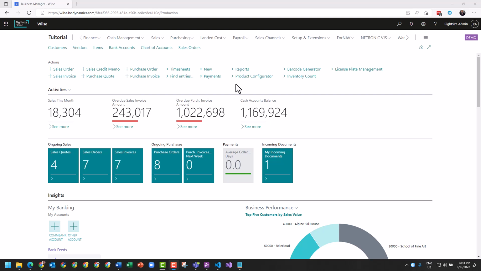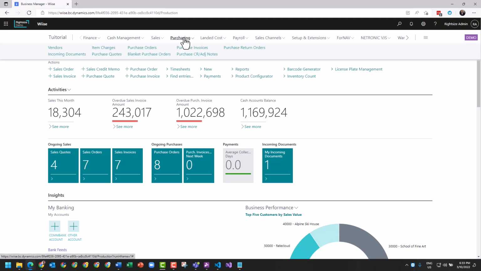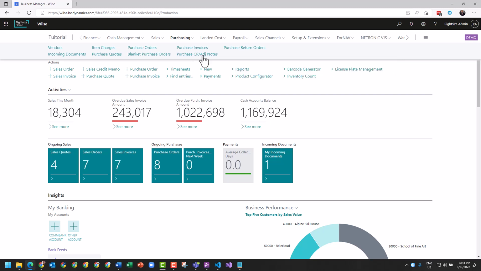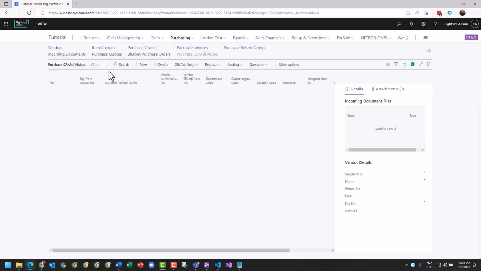With Business Central, being that it is a full-scale ERP, when you've posted an invoice, you can't exactly just delete an invoice. What you want to do is to create a credit. Now, against sales and credits, depending on the region, this is called a credit memo or a purchase credit adjustment note. I'm going to go into the credit note, and just here, the condition on using this is if you're